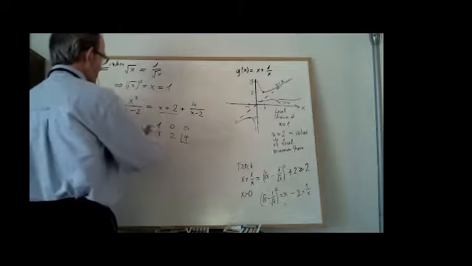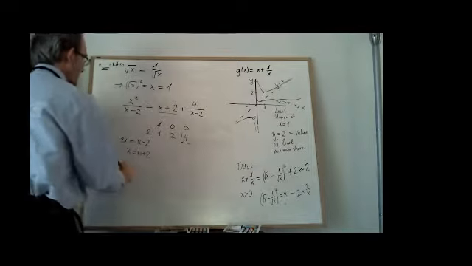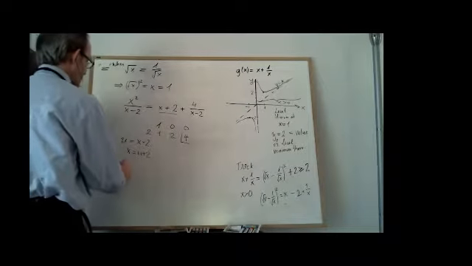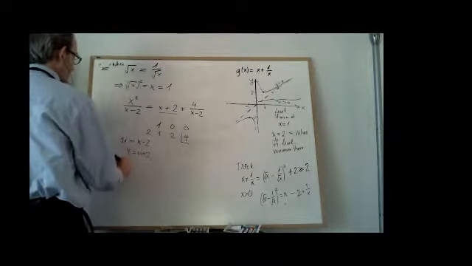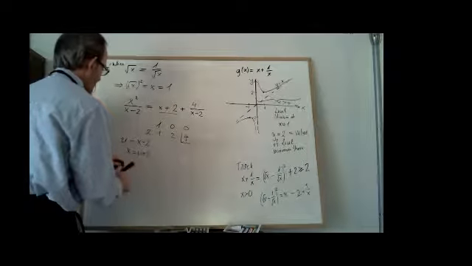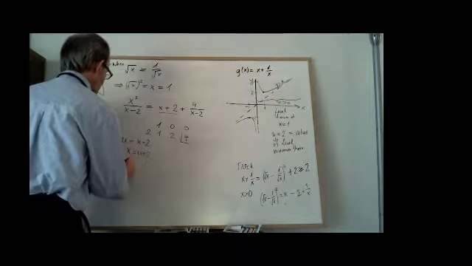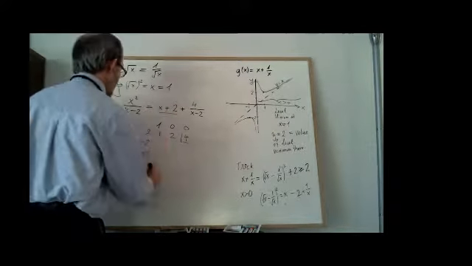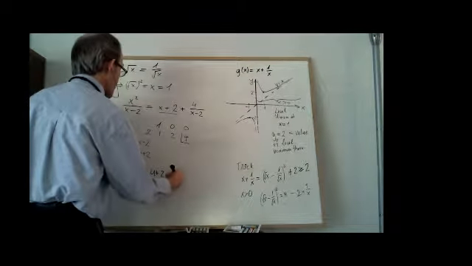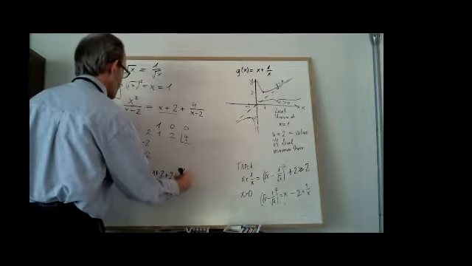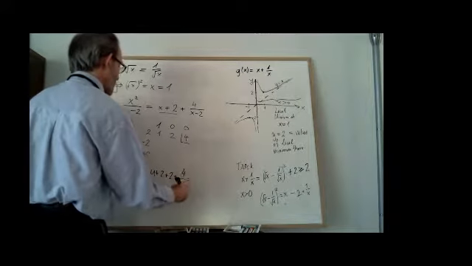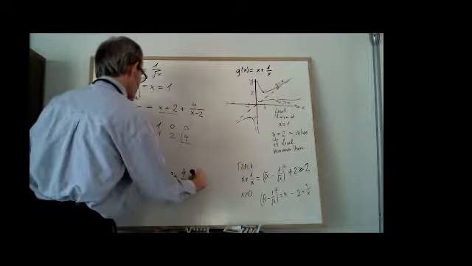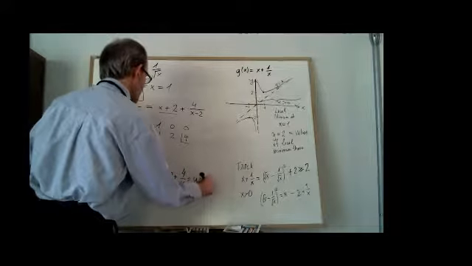When I substitute that back into the equation, I get a new function, capital F of u, which is u plus 2 plus 4 over u. So it's u plus 4 over u